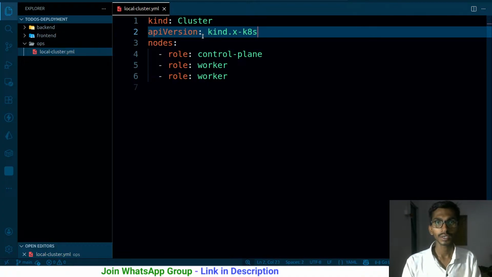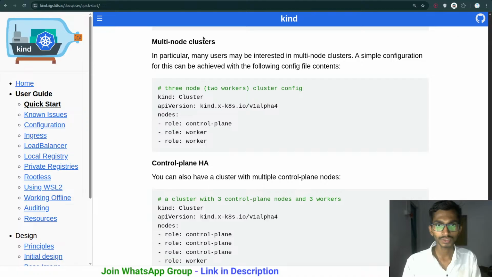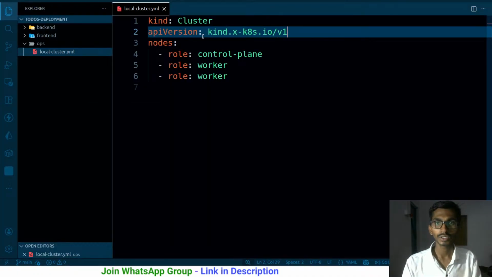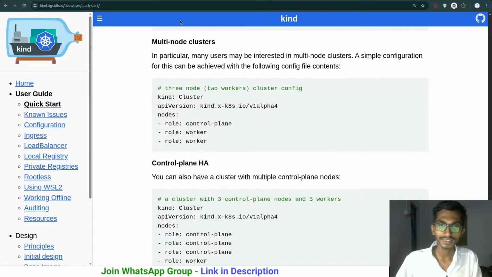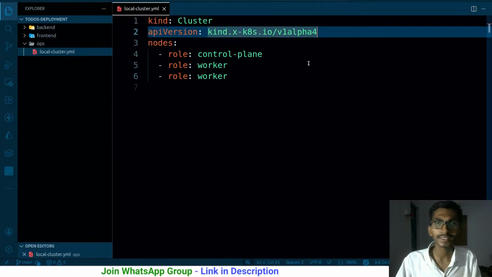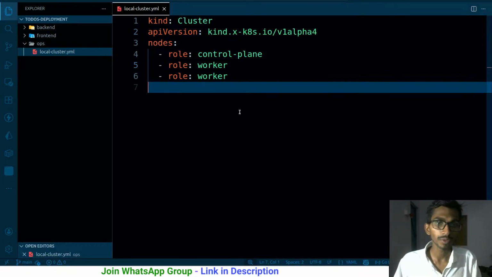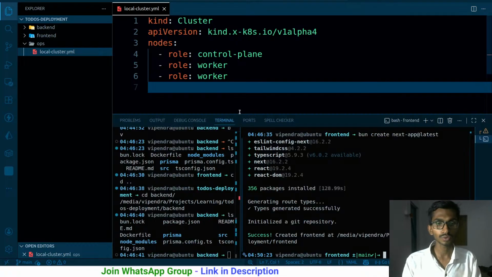kind.x-k8s.io/v1alpha4, just like this. Or you can simply copy this from here. So kind.x-k8s.io forward slash v1alpha4. What is this? This is nothing but the version. You have to just copy and paste, and once you apply this, your local cluster will